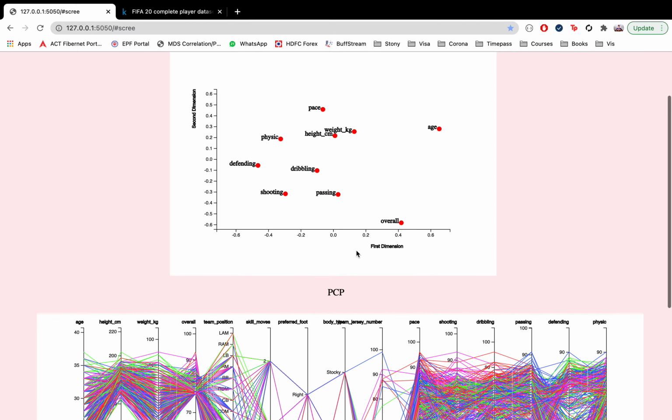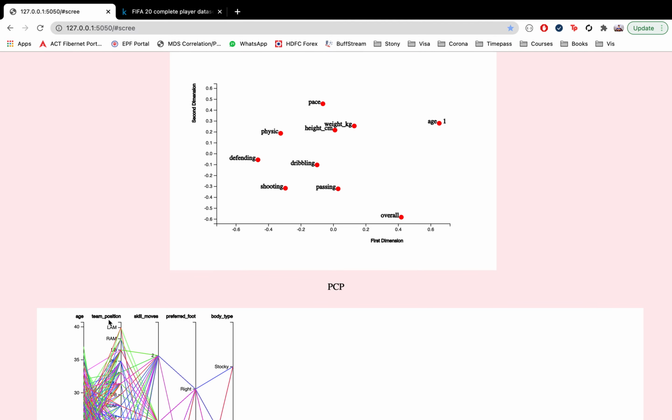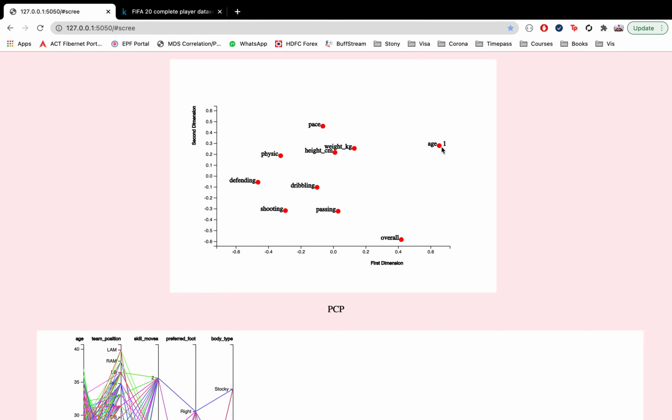So what I did is add an interaction element on top of this pre-computed MDS plot too. These four are the categorical variables, so we can't do much with them. I already added these four features into the PCP plot straight away. When selecting a new numerical variable, it gets appended to the start. So the ordering starts from here, and these four come last, whatever ordering you select for the numerical features.